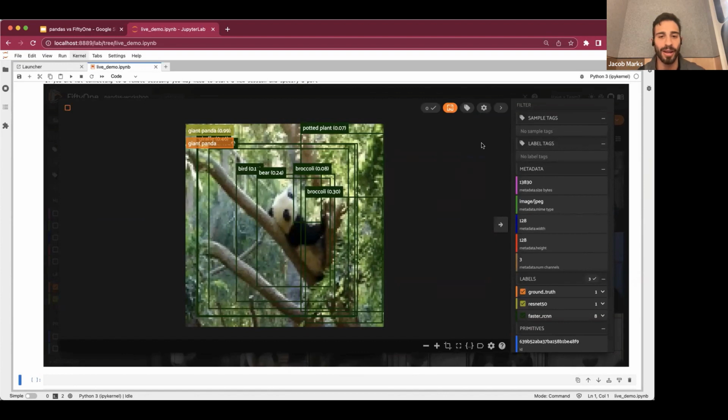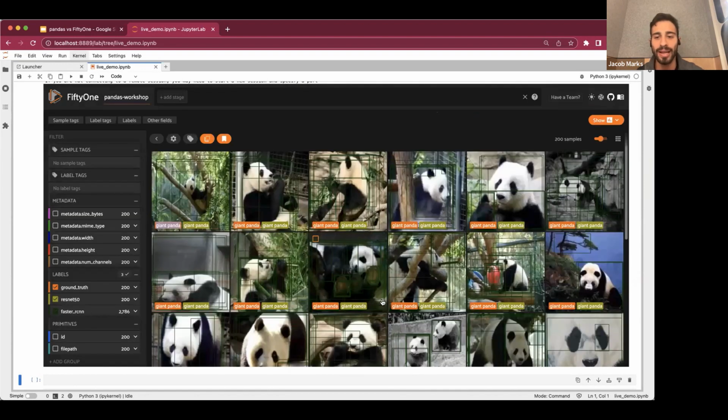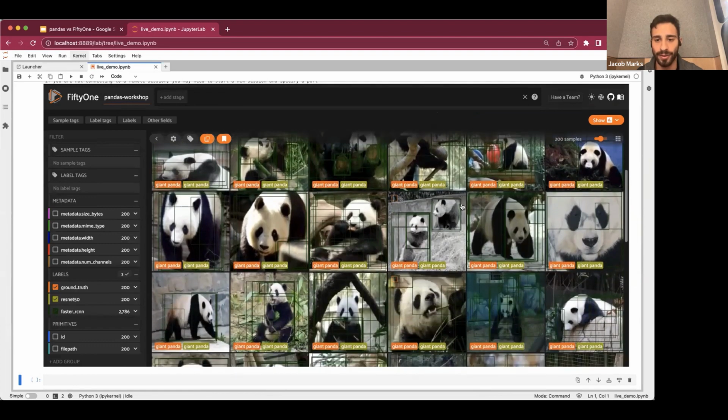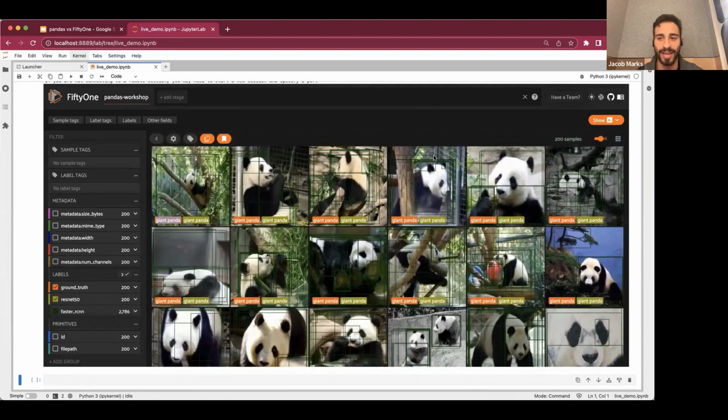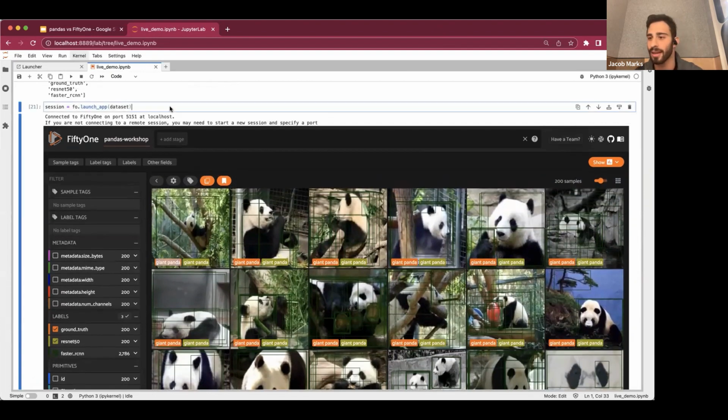But taking a step back, we can see a lot of bounding boxes here. There's a lot of detections in all these images, and that could be a problem. So that's something that we're going to want to investigate very shortly. Looking in the chat. Okay, great. Awesome. All right. So the next thing we might want to do is, now that we have a sense for